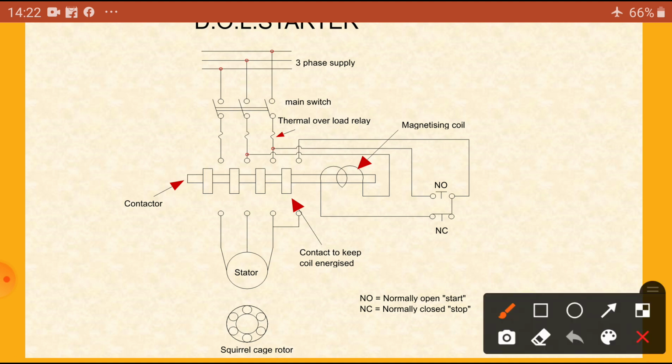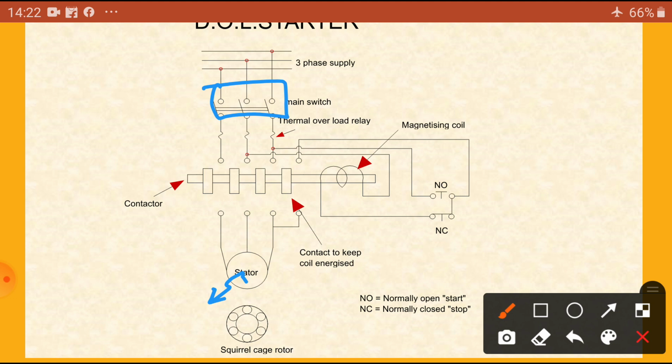If some short circuit occurred inside, a phase to phase fault occurred inside, or insulation failure inside, then a short circuit may take place. At that condition, it will draw more and more current. At that condition, we can use fuses provided for short circuit conditions. So we can provide fuses or an MCB, which then automatically trips the total input supply to the motor. Okay, so that we can protect it.